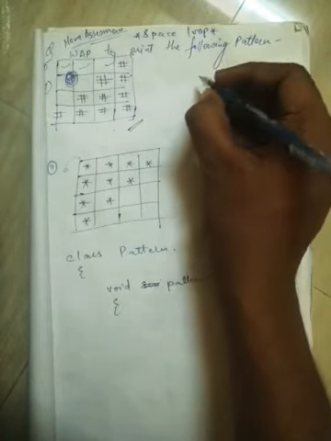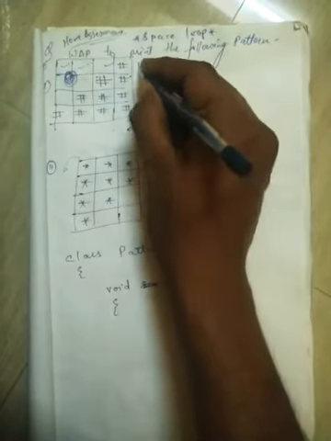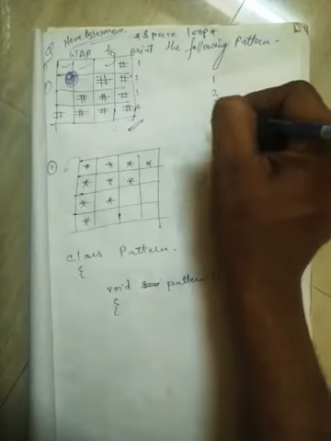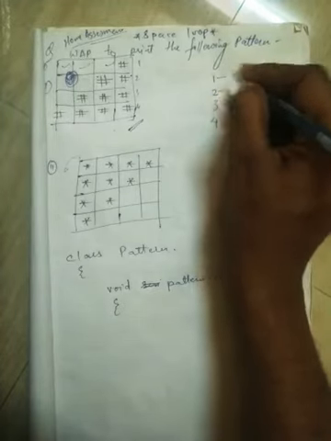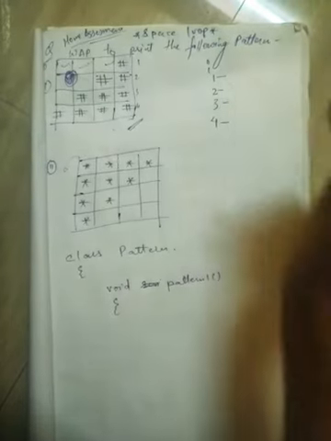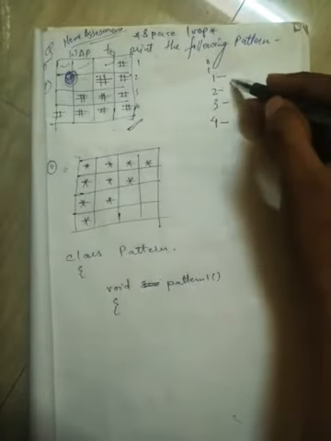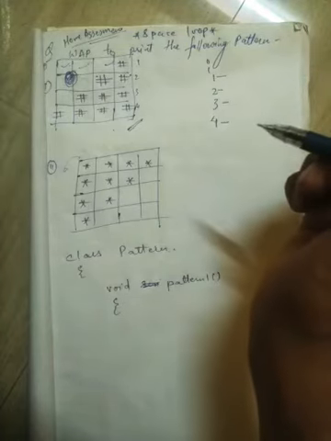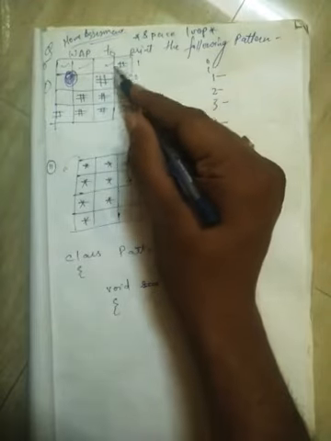We know that this is the first type. We'll write the number of lines. How many lines? 1 2 3 4 lines are there, so we wrote 1 2 3 4 as the number of lines. Then after this we will be denoting the I values. Now I have to fill up a value here. I'll see how many times I have to print in the first line. I have to print only one time in the first line.